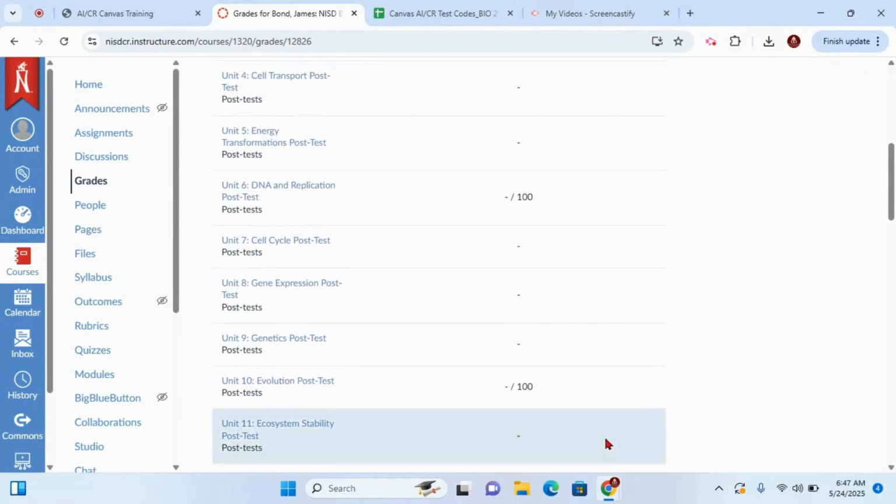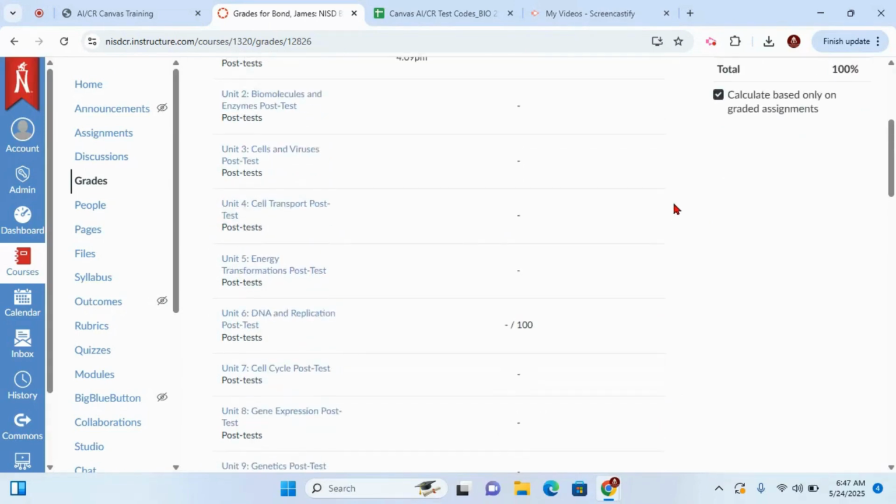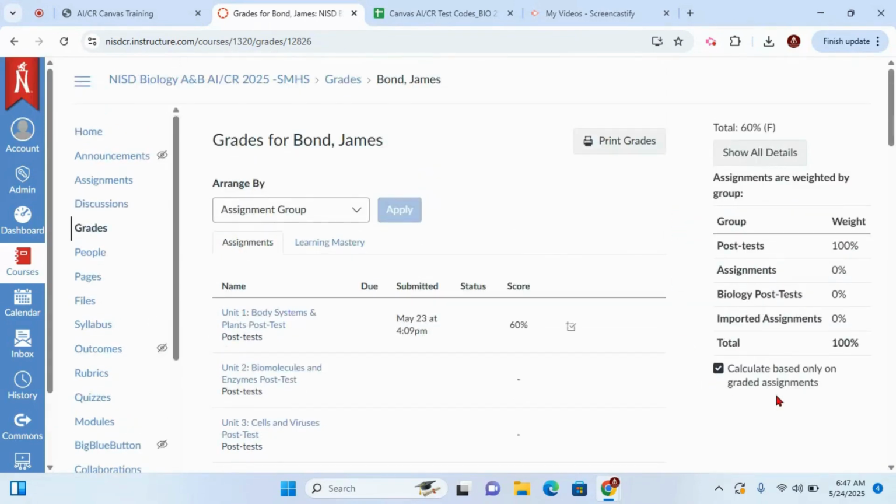As long as all of the post-tests have a grade indicated here, I know that I want to calculate based only on graded assignments. I would make sure this box is checked, and then I could print grades. If this score is at least a 70, the student will be able to receive a 70 in the course. I know that this student is not ready yet because he only has a 60, he doesn't have everything completed yet, but if all tests were graded and this was at least a 70, I could go through a completion for this student. I would do print grades,